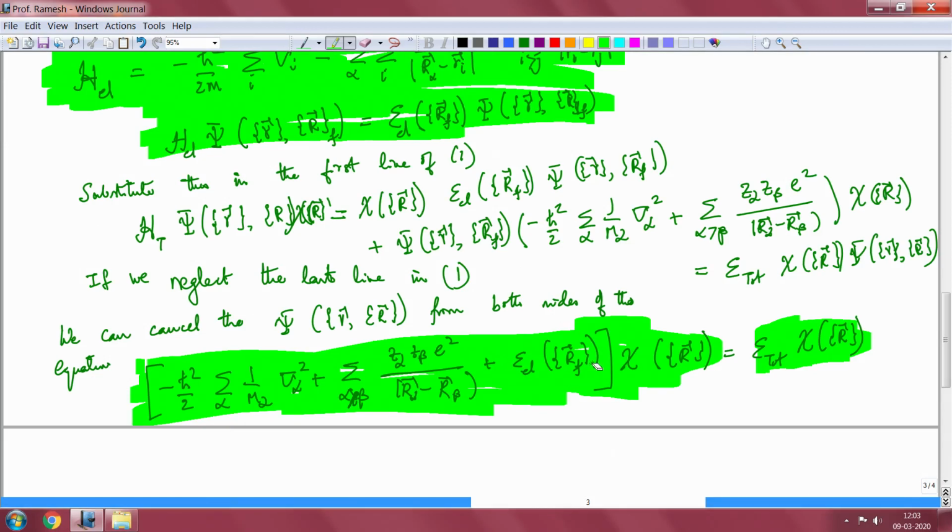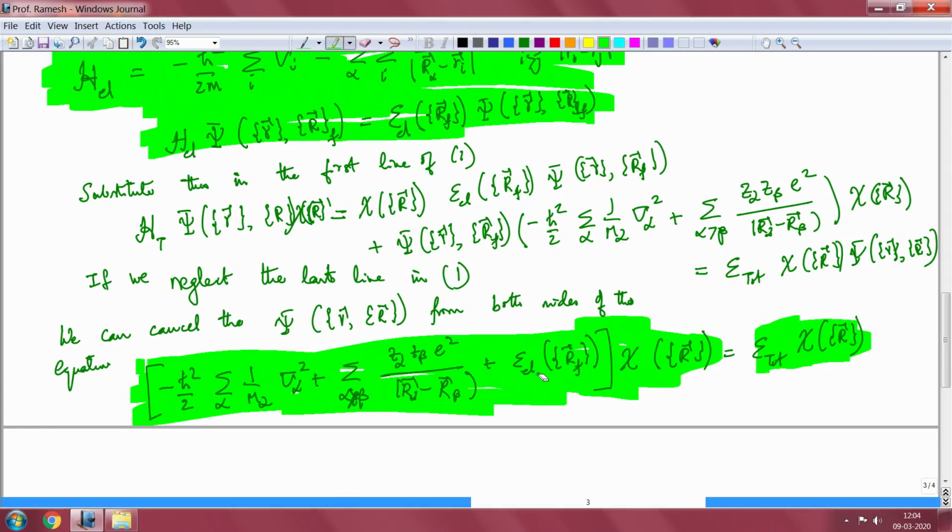And when you are substituting this here, one must remember that you have many different electronic states. So, you have to specify the electronic state energy or the potential energy surface corresponding to the electronic state, and what it means is that your vibrational energy levels depend upon the electronic state in which you are calculating those. So, if you are in the ground state of the electronic system, the vibrational frequencies will be different than when you are in the excited state. We will talk more about it later on.